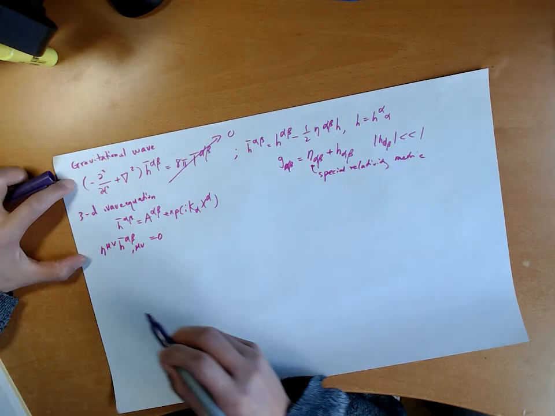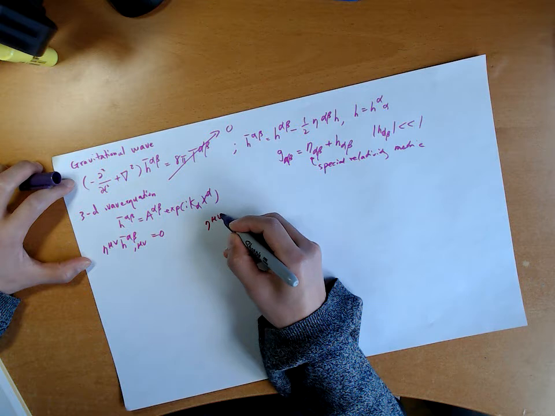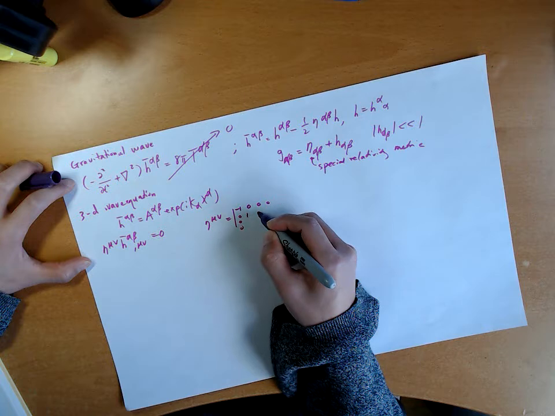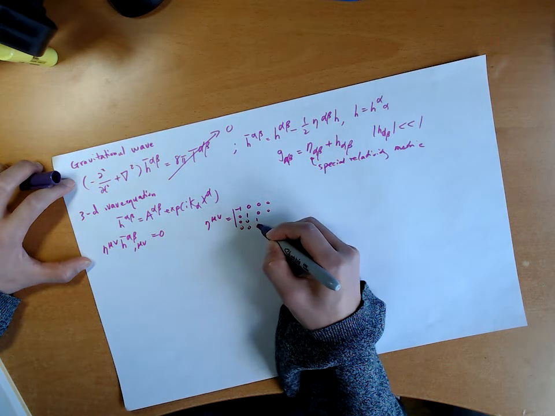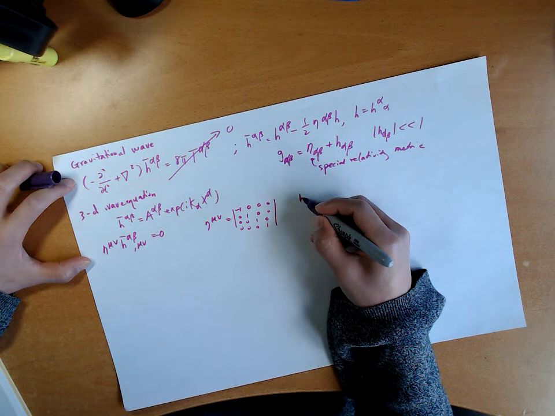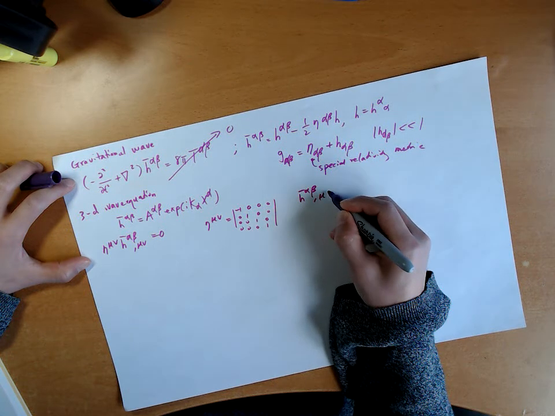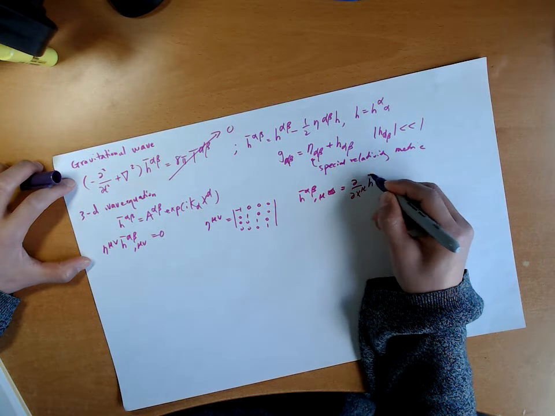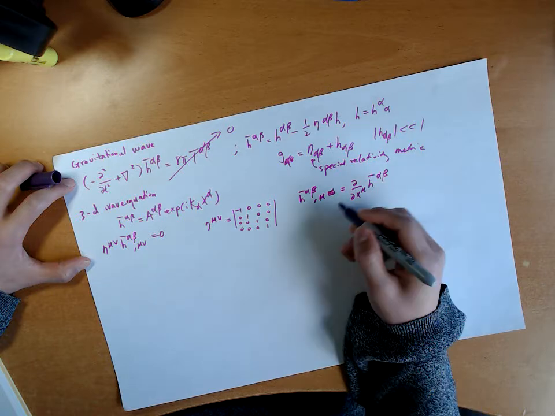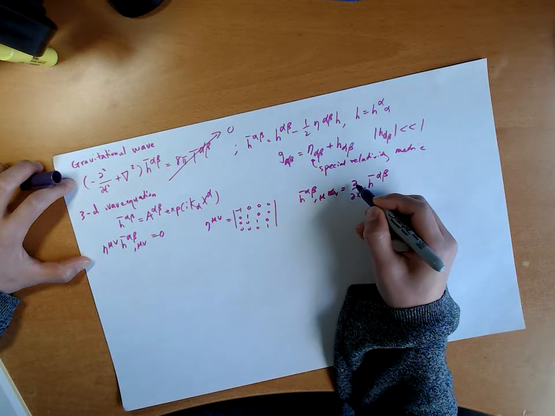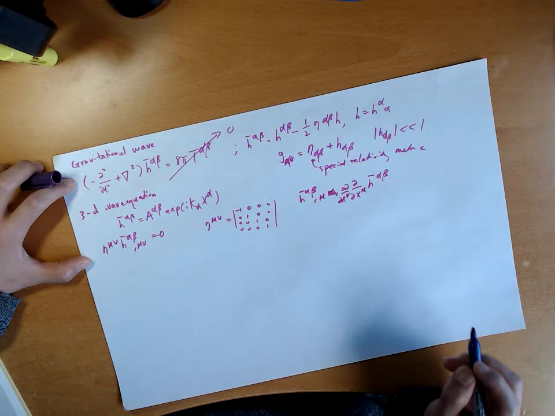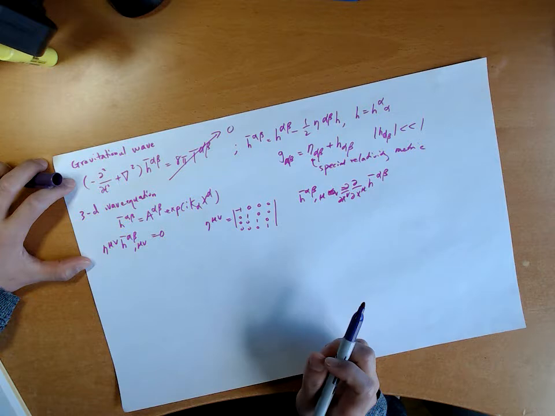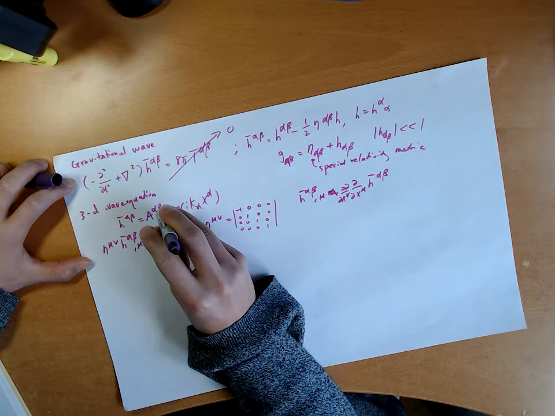Because the special relativity tensor is nothing but, it's just a shorthand. And when you take it again, you just get this. So this is equivalent to this. And now from here we can